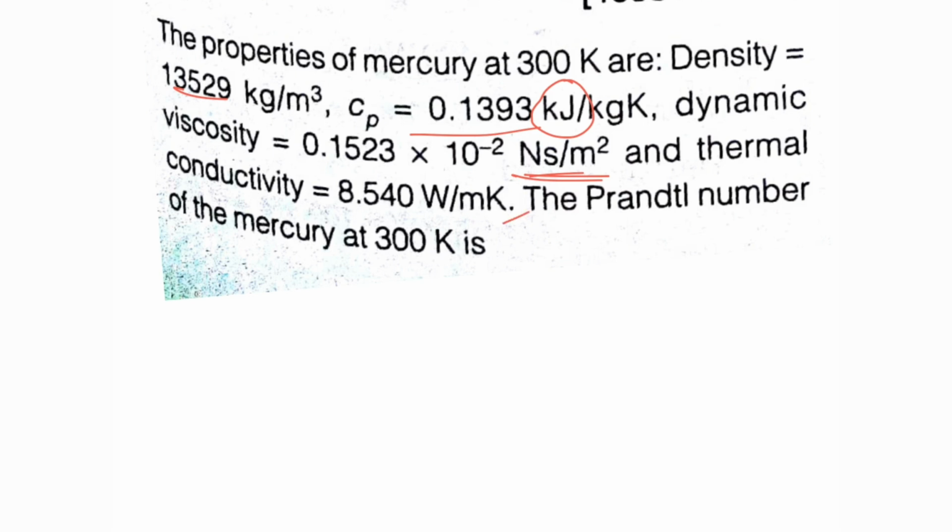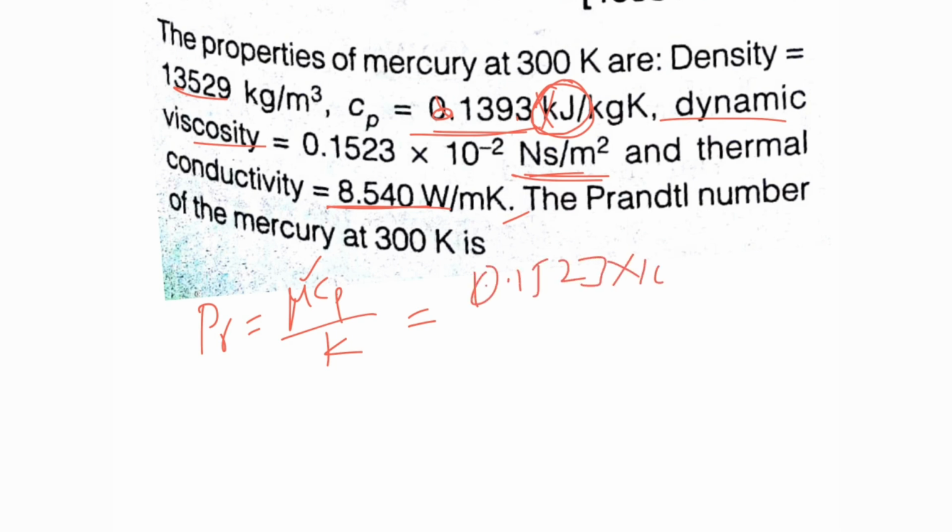Prandtl number of the mercury at 300 Kelvin is, we know the formula for Prandtl number, that is mu Cp by K, and every value is given, mu value is given, that is mu is nothing but the dynamic viscosity, okay, and Cp is given, and thermal conductivity is given. One thing you should keep in mind that Cp you have to substitute in joules, not in kilojoules, okay, therefore you will get 139.3. Okay, the answer is